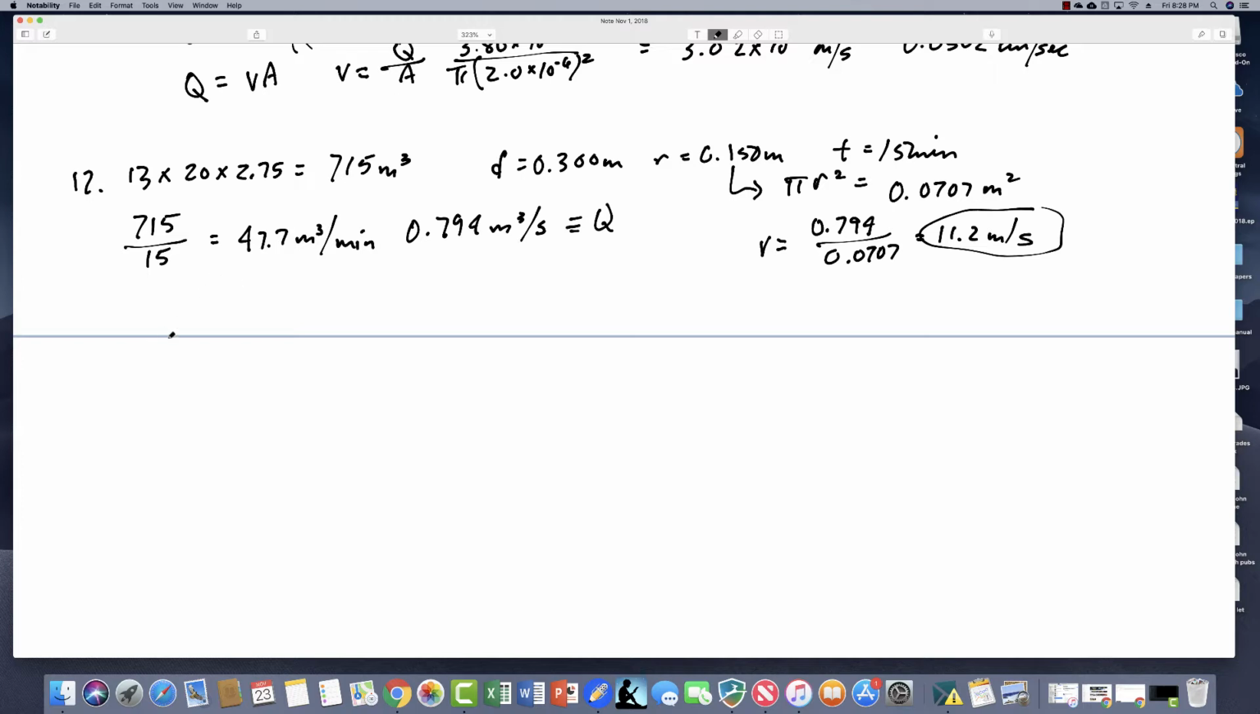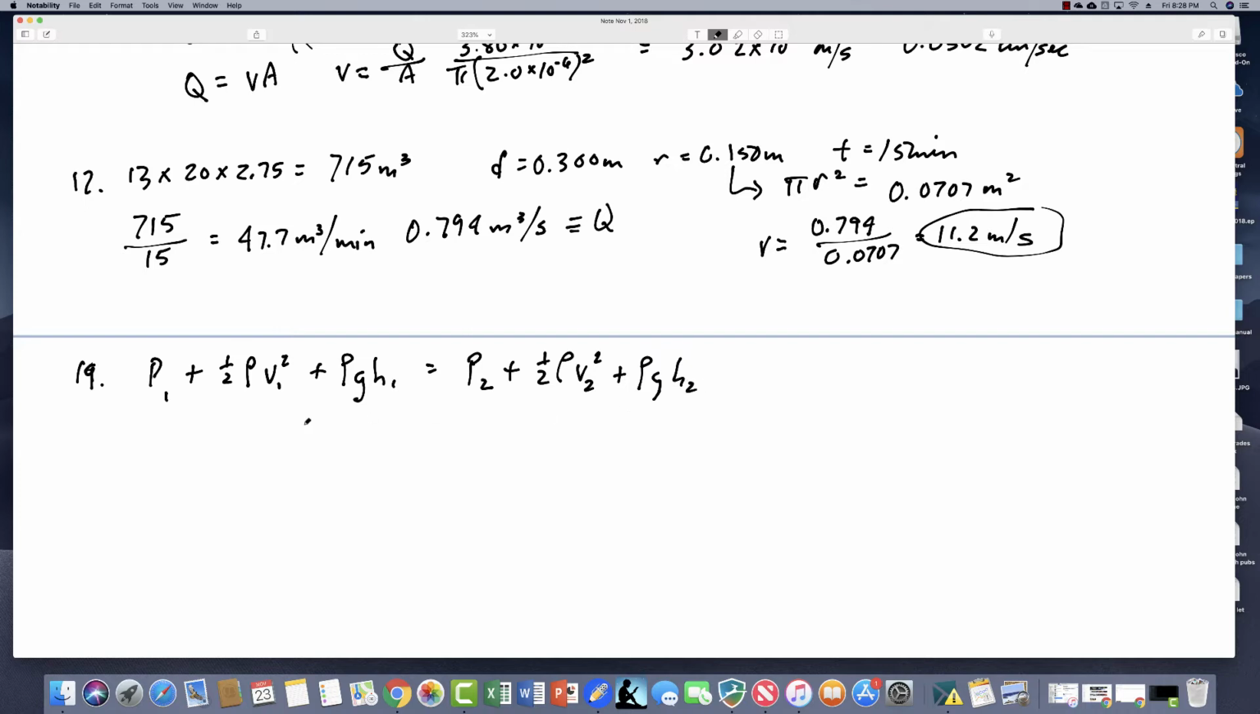Moving right along, the next problem we're going to do, and now we're moving from flow rate and velocity, we're now going to move to Bernoulli's equation. And Bernoulli's equation is P1 plus 1/2 rho V1 squared, rho being the density of the fluid or material, and V1 being the velocity of the material, plus rho g h1 is equal to P2 plus 1/2 rho V2 squared plus